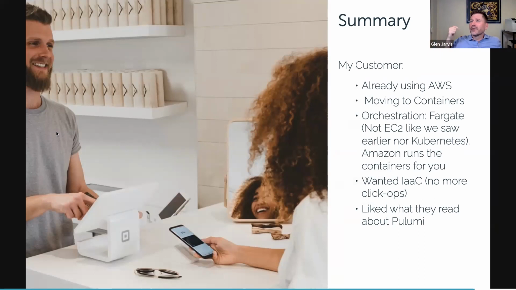AWS was already there. They were already on containers, so half of that was gone. They were wanting to use Fargate, not Kubernetes, because they were already using Amazon in a particular sense, but not EC2. So we took a long way to get here, but the idea was, I saw us really